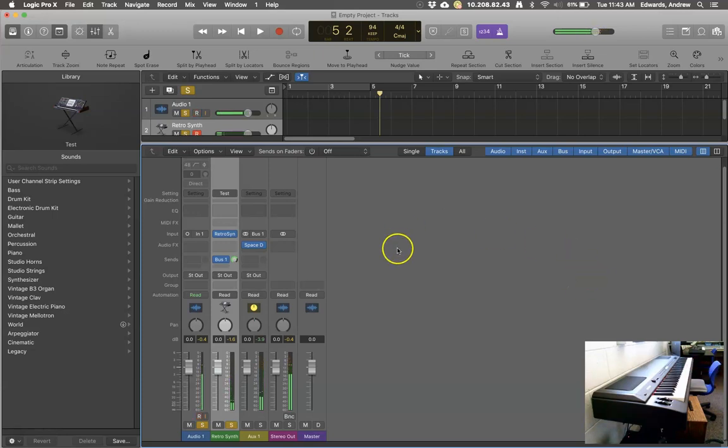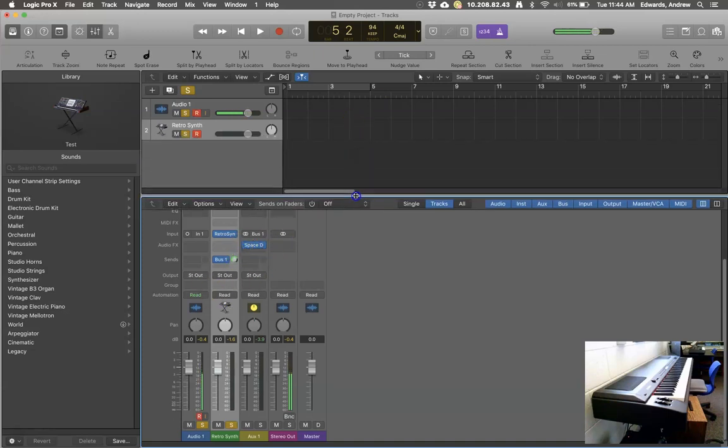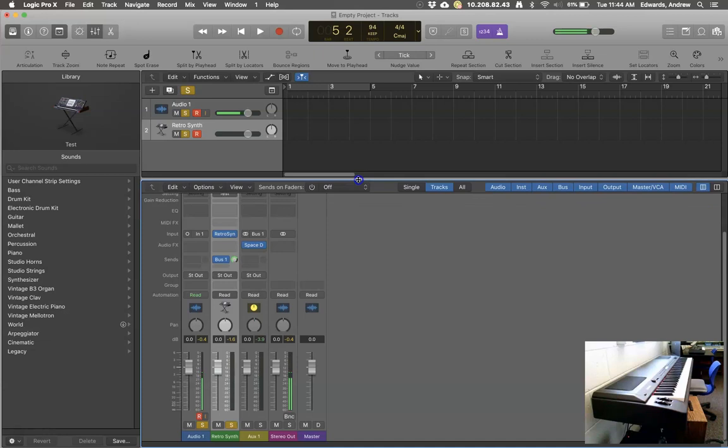So now we're getting that definite, clear attack pattern that's not being affected at all on the original retro synth, and we're getting the reverby sound on this side. The two blend together really nicely, so you don't lose the clarity and you still get the ring. Another reason this option is really good to bus in reverb this way is because you might have something